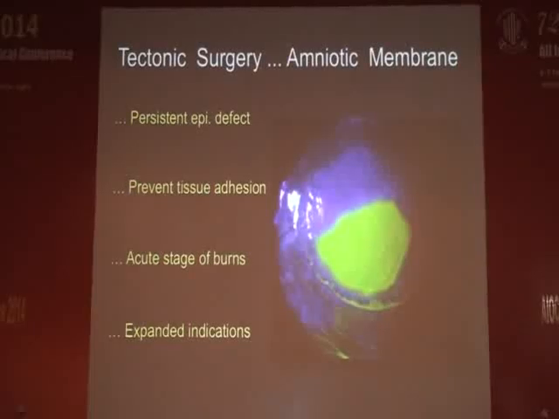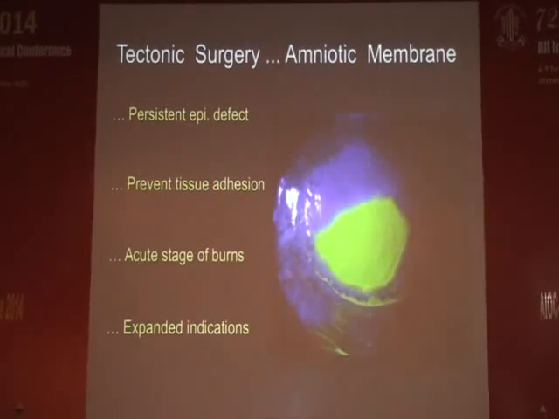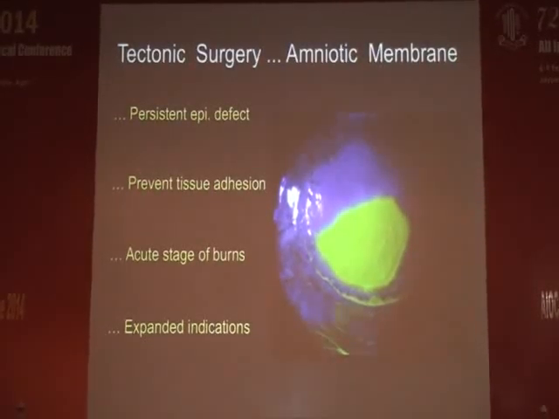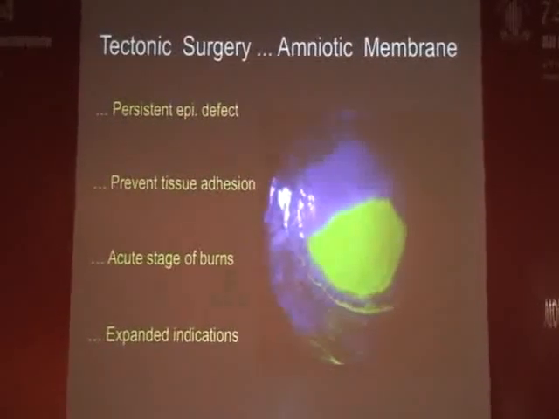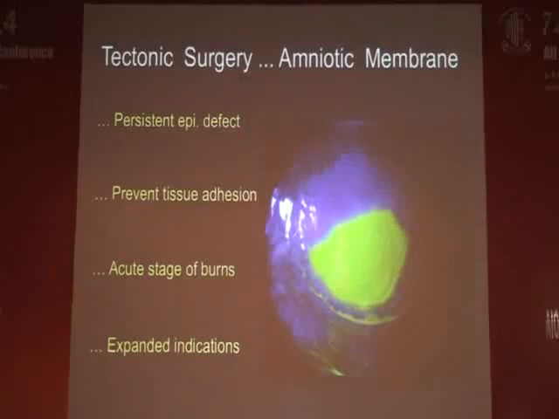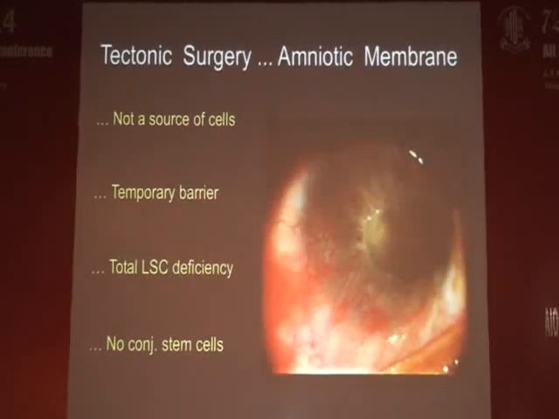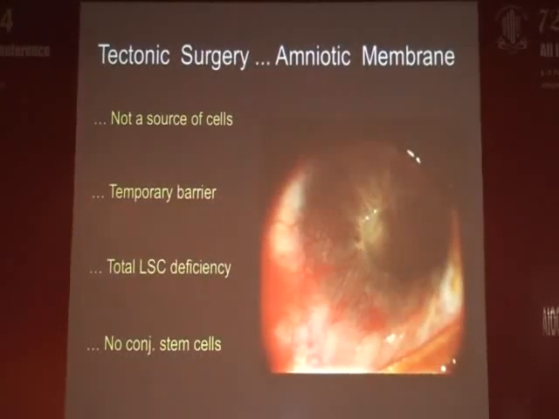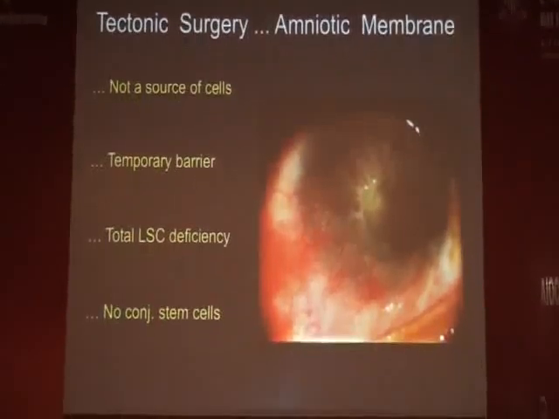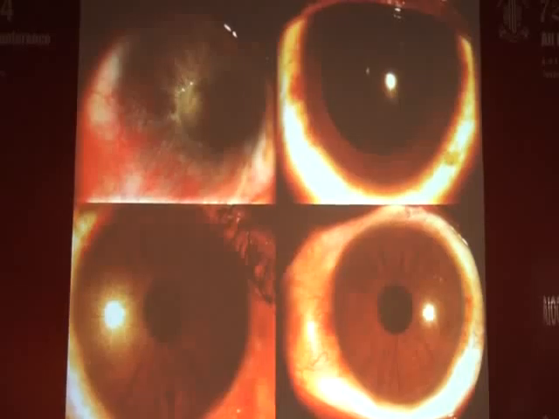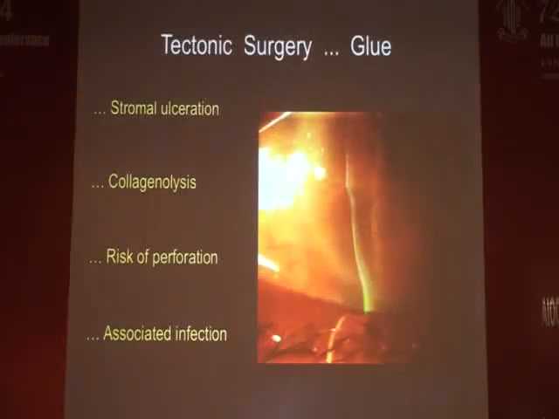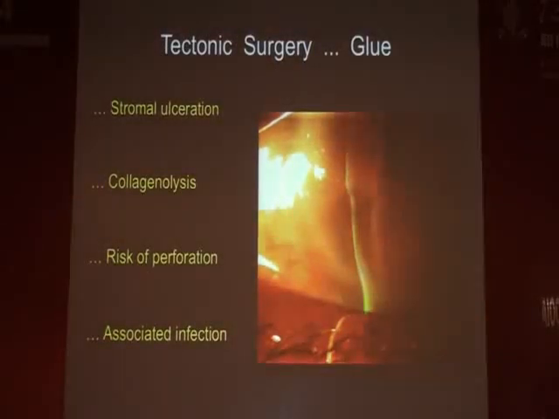When you're operating in the context of an eye with a deranged limbus or a dry eye, sometimes after tectonic surgery you can have a persistent epithelial defect, and in this context amniotic transplants and autoserum tears can help you. I'm sure we've heard these talks before in other sessions. If you have a limbal deficiency in association with your tectonic surgery, then a limbal transplant will often help you reconstruct the cornea. If you have stromal ulceration because of excessive collagenolysis with a risk of perforation and associated infections,